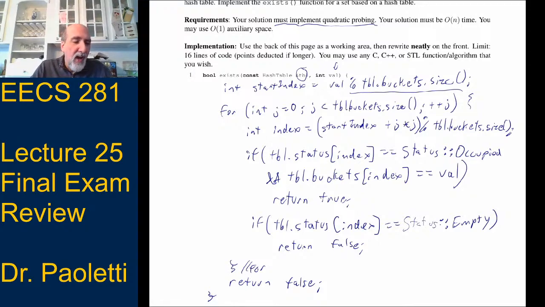And if you don't do the modulus right, you'd lose a couple points. You can do things partially right and still get points. If you miss the return false at the end, you'd lose a point or two. You'll get most of them, but every little thing that you do wrong can lose points.